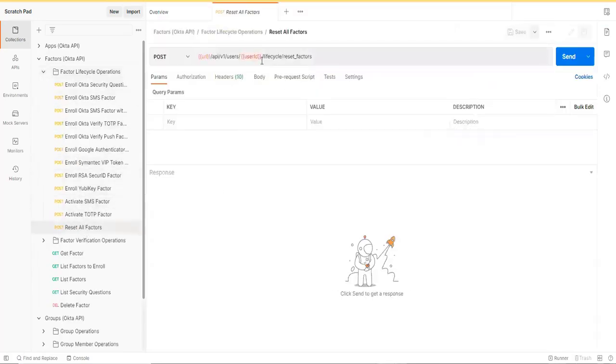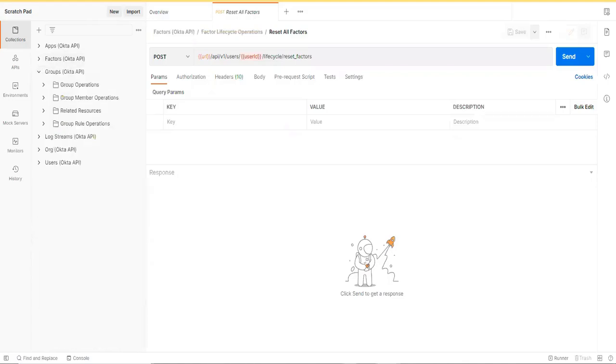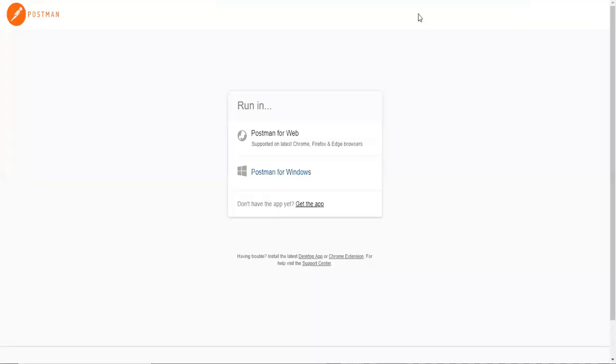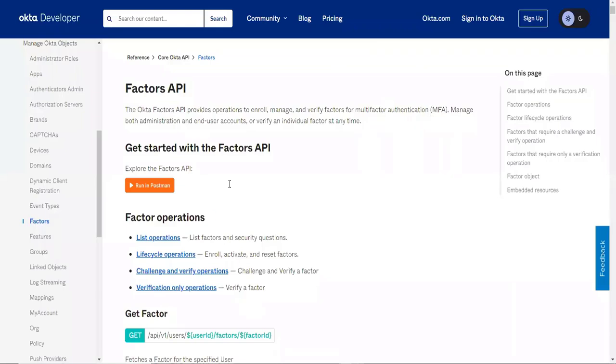So here you can see, with the help of this you can reset the factor for a user, the multi-factor authentication factors. Likewise, there are plenty of factors available. It is not restricted only to users and groups. You can configure it based on your requirements.